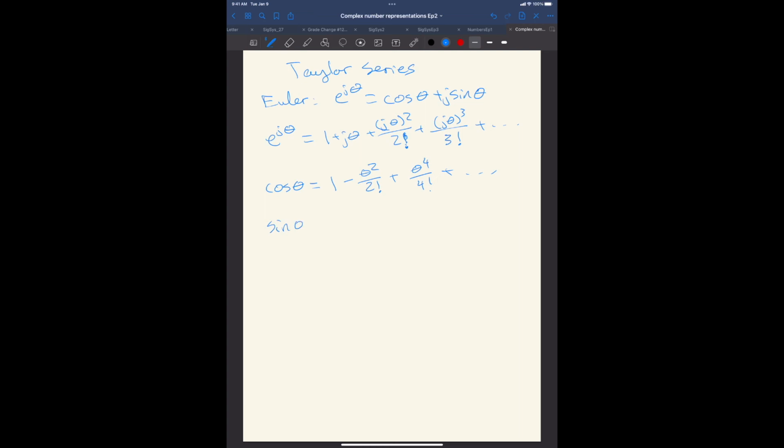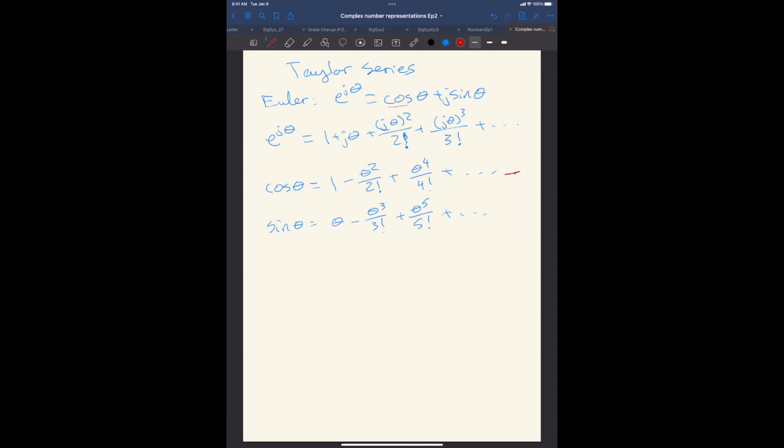Sine theta has a Taylor series, theta minus theta cubed over 3 factorial plus theta to the 5th over 5 factorial, and so forth. And so now, if I take and substitute the cosine theta term